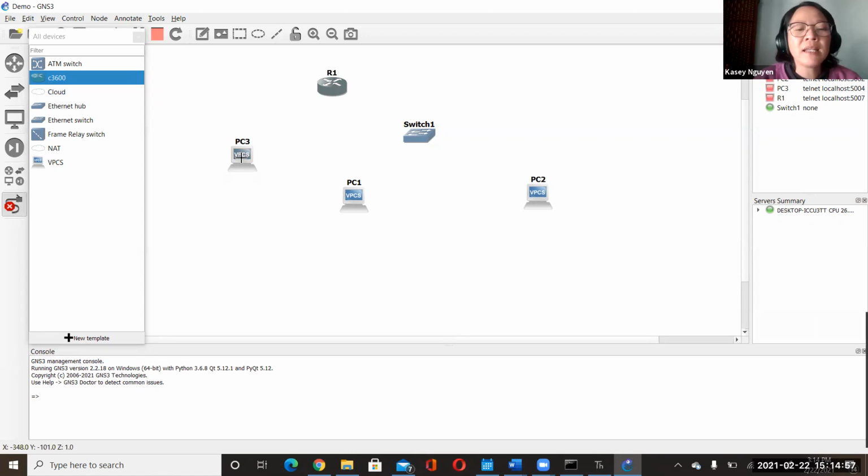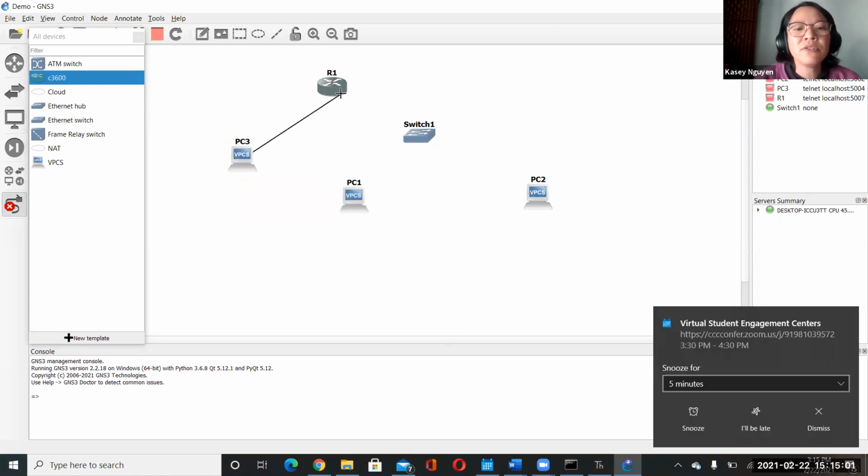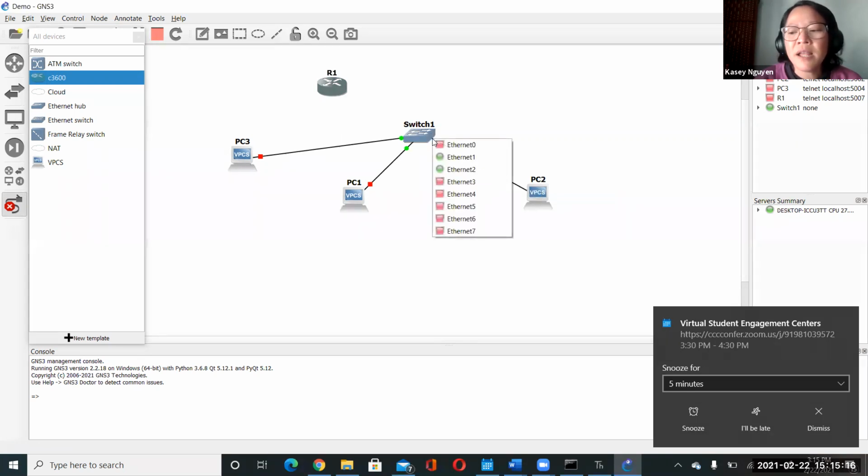So how do we connect? We just link it. I'm going to go from this Ethernet to this Ethernet. It's like connecting the cable. And then this Ethernet to this Ethernet. And then this Ethernet for the third system to this Ethernet. When it's red, it's not connected. When it's green, it's connected. But I'm not done, right? I have to link the switch